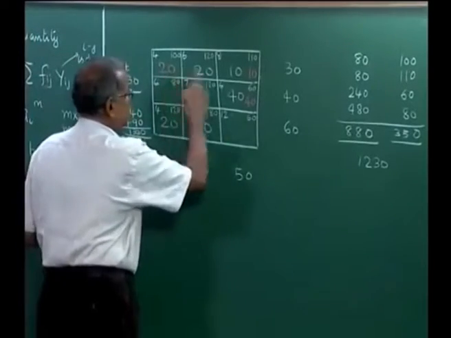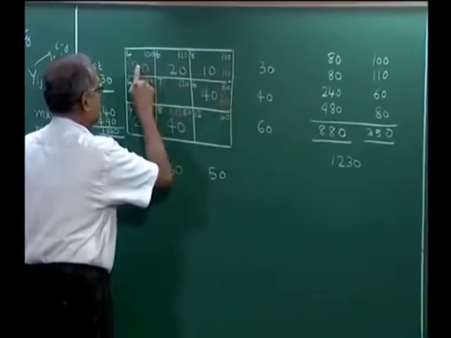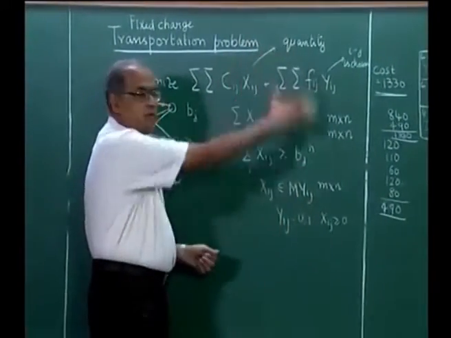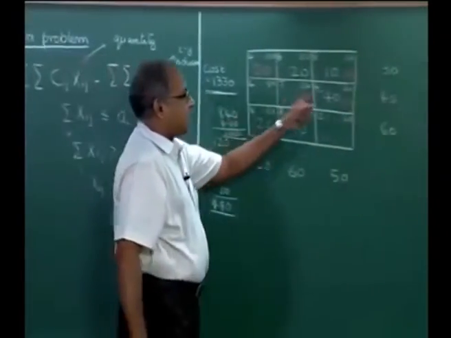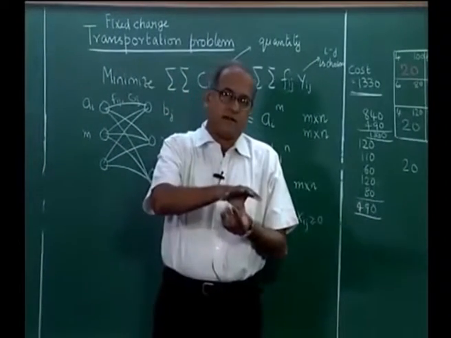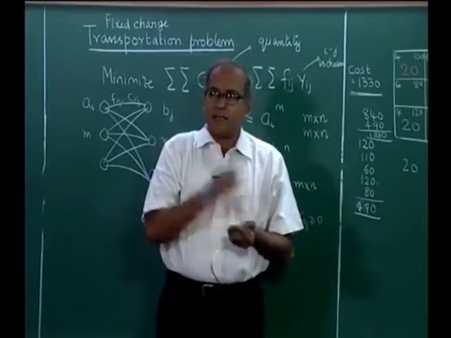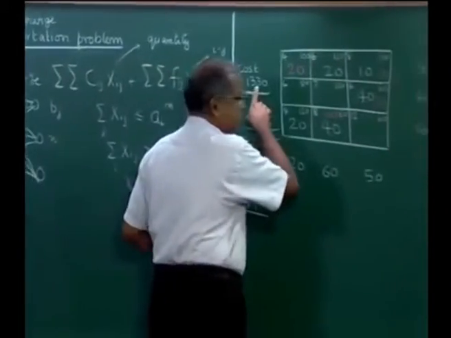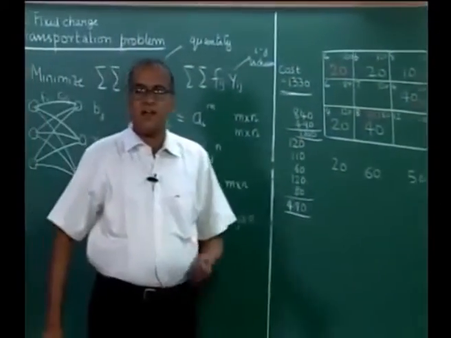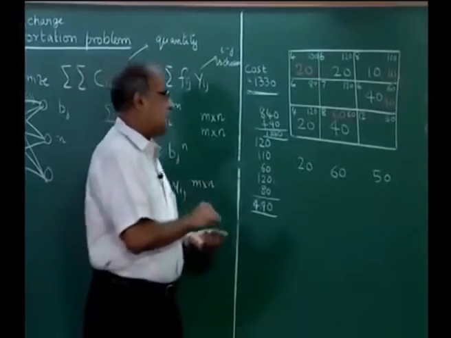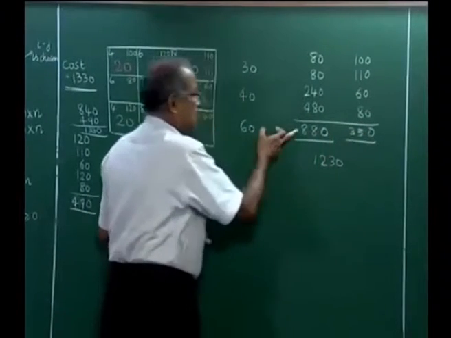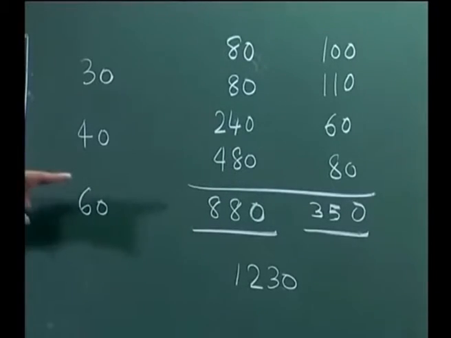Now, the solution that is shown here is the optimum solution to the fixed charge transportation problem, obtained by solving this formulation. Now, we compare this solution to the other solution where we evaluated the total cost by considering the fixed cost. 1330 was the cost there, while the cost is 1230 here, so there is a saving of 100. We also realize that there are only 4 variables in the solution here. This cost has marginally gone up, but this cost has come down.